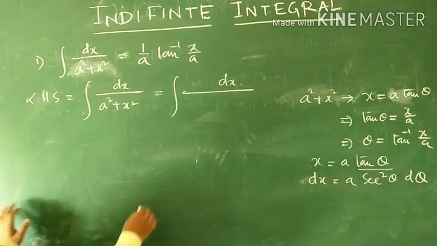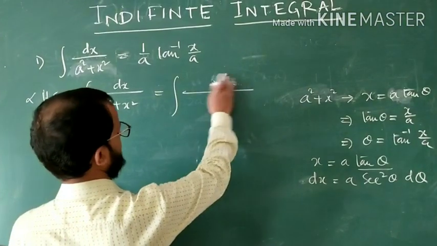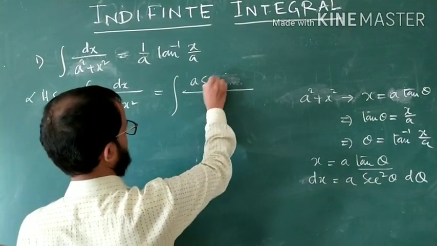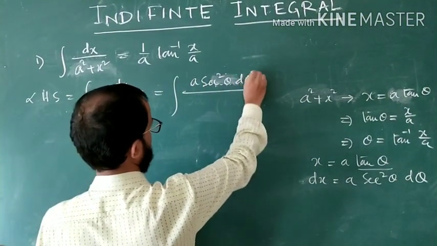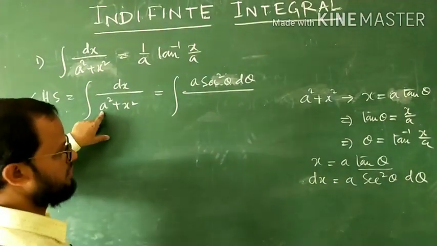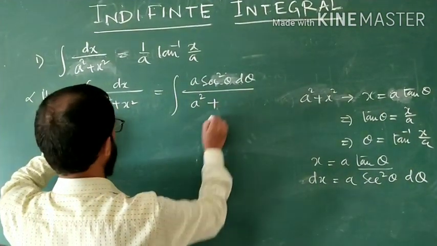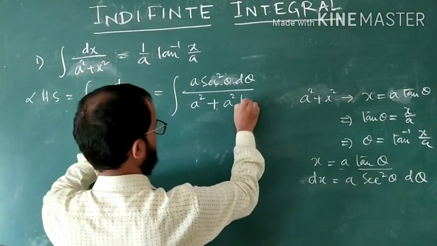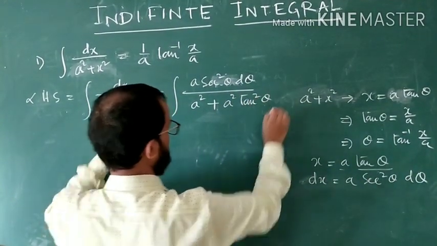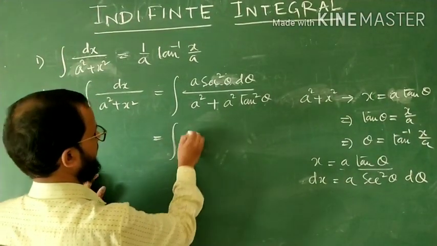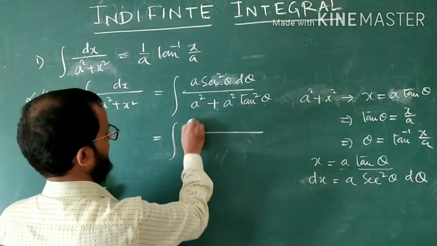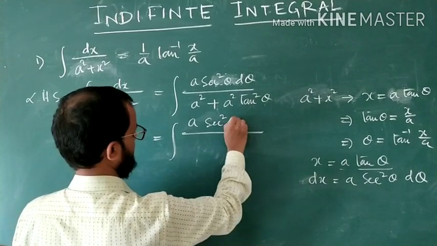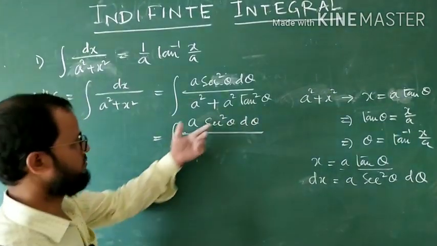So your integral becomes: dx becomes a sec square theta d theta, and here a square is there, and x is equal to a tan theta, so it becomes a square tan square theta. Finally your integral becomes a sec square theta d theta, over a square